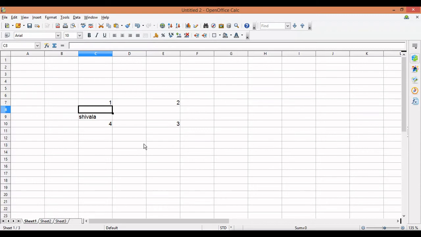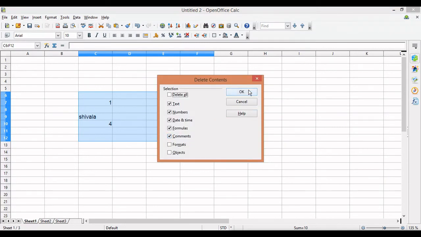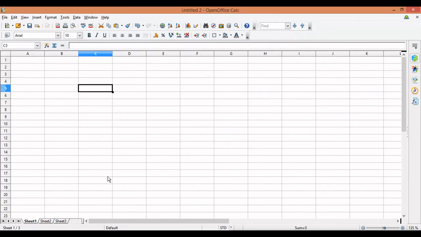Now coming to the next function, which is MAX. Let me erase this. Now I'll take a few numbers, maybe some random numbers. As the name indicates, the MAX function is going to find the maximum out of the cell range.